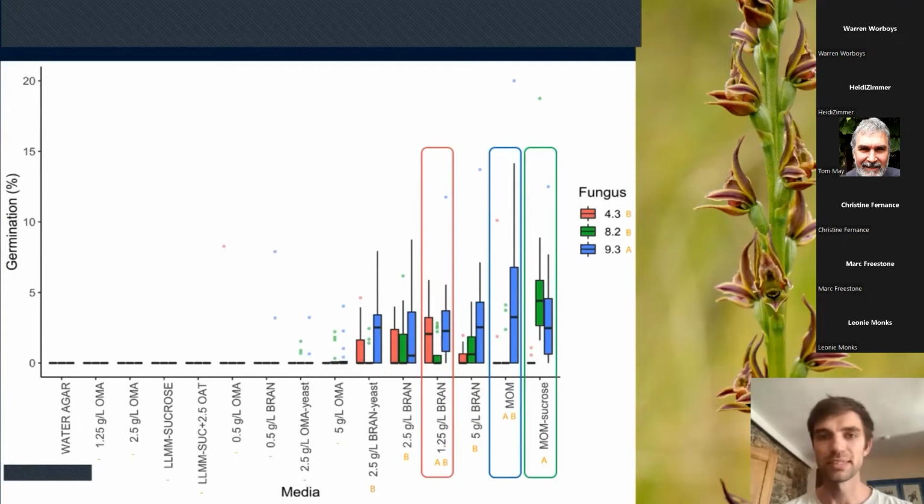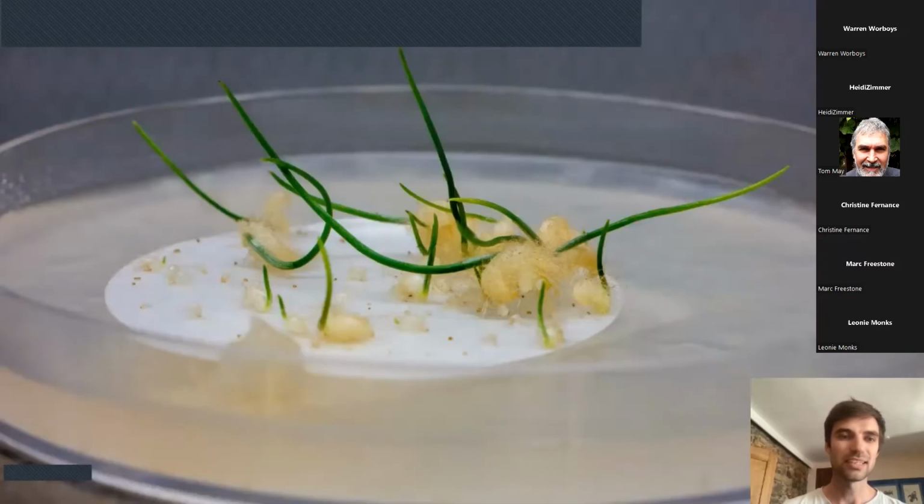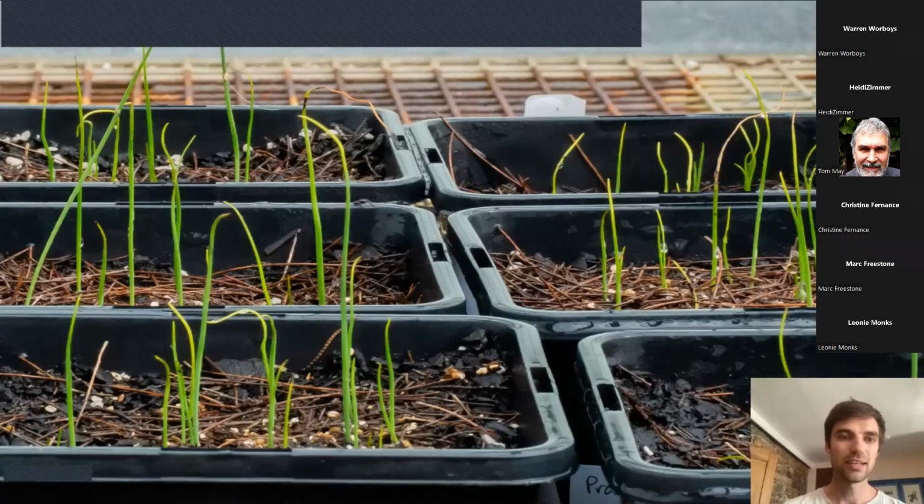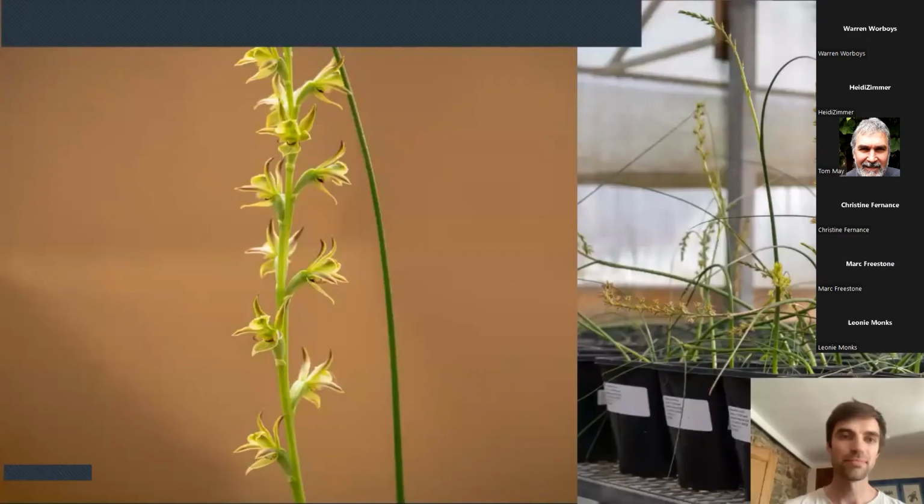Anyway, I'm getting a bit off track here. We grew some leek orchids, and that was great. Germination rates of about 5%, but orchids produce so many seeds that a 5% germination rate is actually pretty good. And they grew really well and vigorously in the nursery and started to flower about 18 months after they were sown, which was very vigorous.